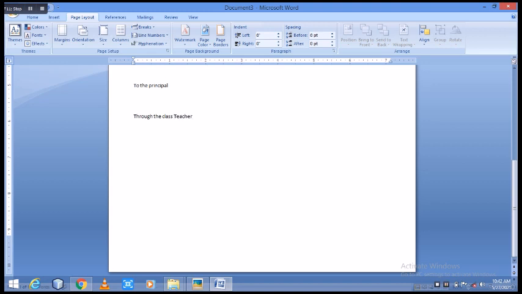So by using the cursor, we can give the position of our particular text in the document.